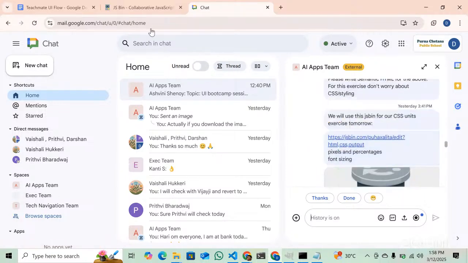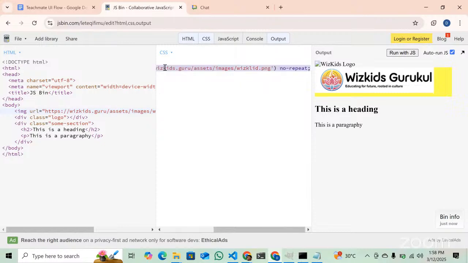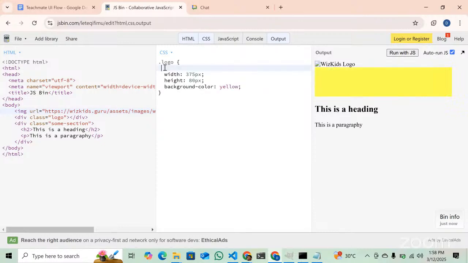Pixels and percentage and font size. Okay. So now let me just get rid of the background image for now, and discuss the